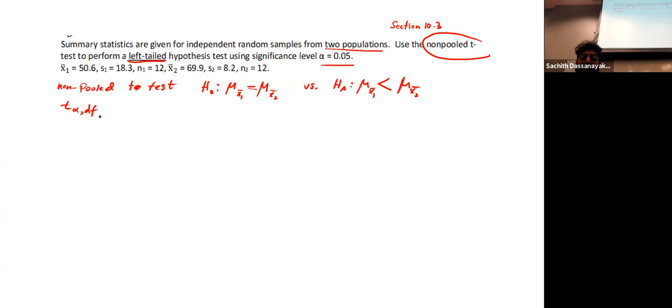To find the degrees of freedom, you have to use that giant formula. Even I don't remember the formula. Use the formula, it is that giant one. Let me check whether I have it. Yeah, I have something like some kind of calculations, not the formula itself.